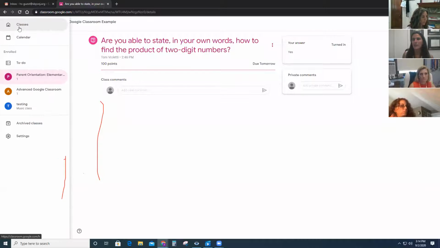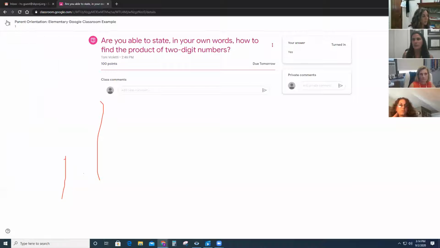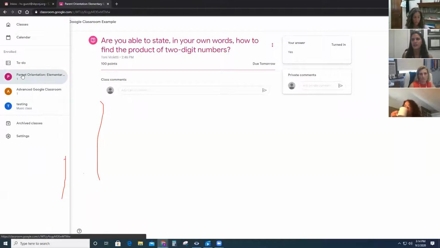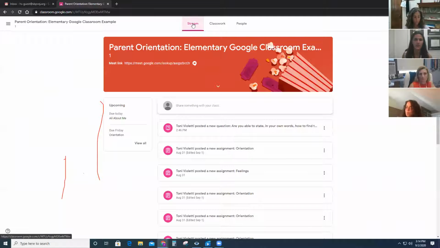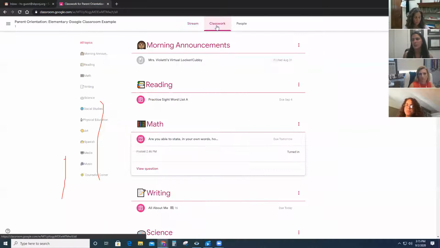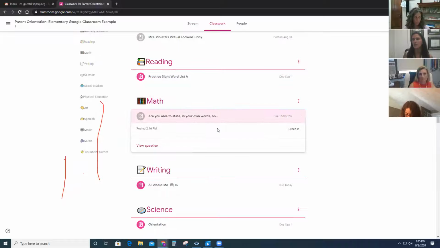To go back, these three bars will take you back to their Google Classroom. So if I go to these three, the menu bar, I click on it, I can go right back to the home page, which is the stream. So again, I'm going to navigate to classwork. Something else I want to show you about